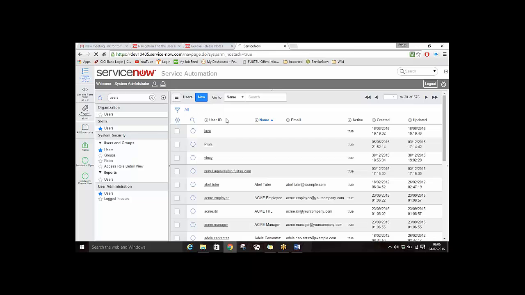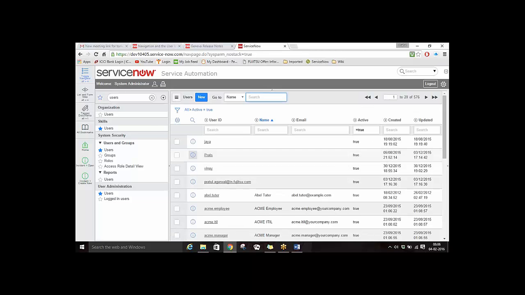And if I click on the demo filter, earlier it was telling me all. Now it is telling active is true. That means it is showing me only the active users in the system. So this is basically creating our filter, like what filters do we want. Let's go back to